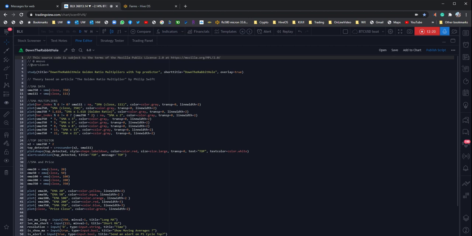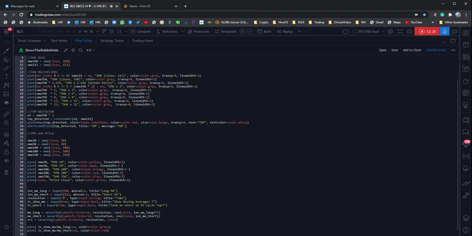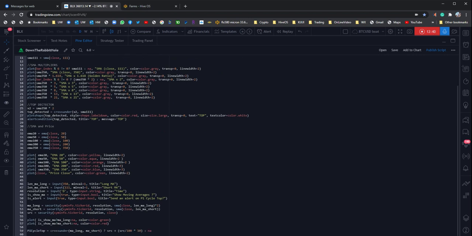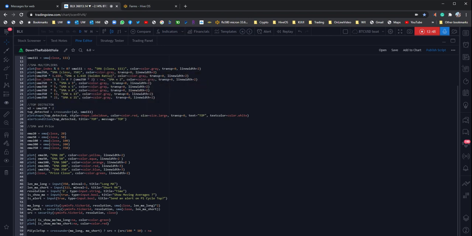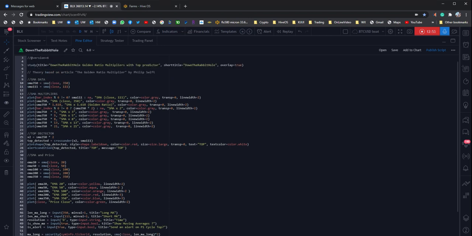There's a website. If you Google Philip Swift and the golden ratio multiplier, there's an article there that describes everything that we're talking about here. And honestly, this is sacred math stuff that I turn inside out for this stuff. I love it. Anyway, this is your plot functions here. So this is what puts it on the board, right? This is based on the data that we're going to be